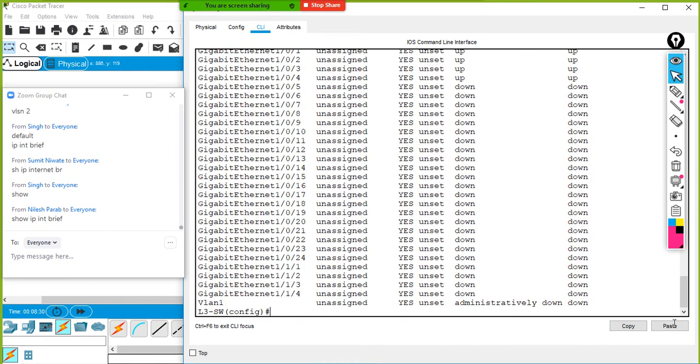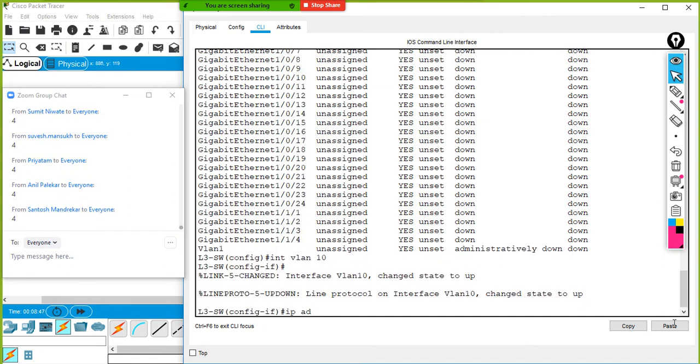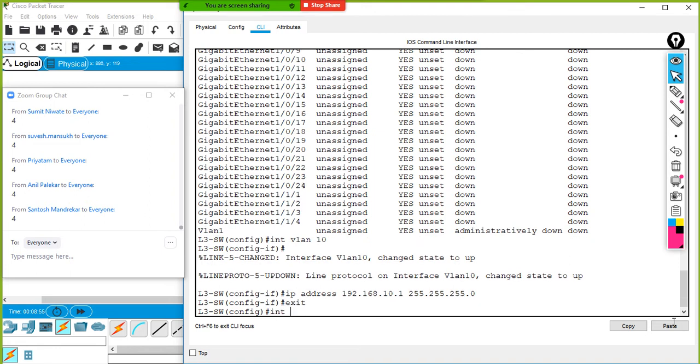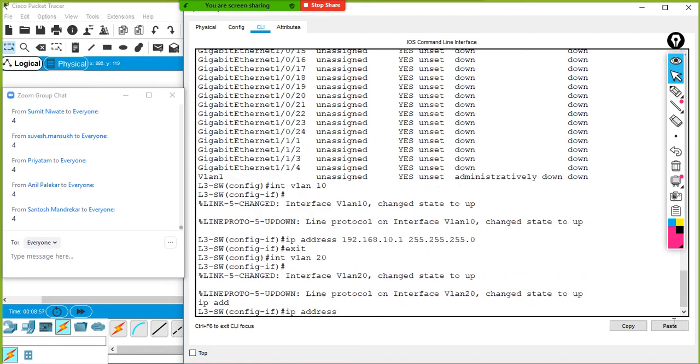There you go. Right? So now I am going to configure 3 or 4. How many SVIs do we need to configure, guys? 4. So let's go and do that. Interface VLAN number 10, then IP address 192.168.10.1, 255.255.255.0. Then exit. Interface VLAN number 20, IP address